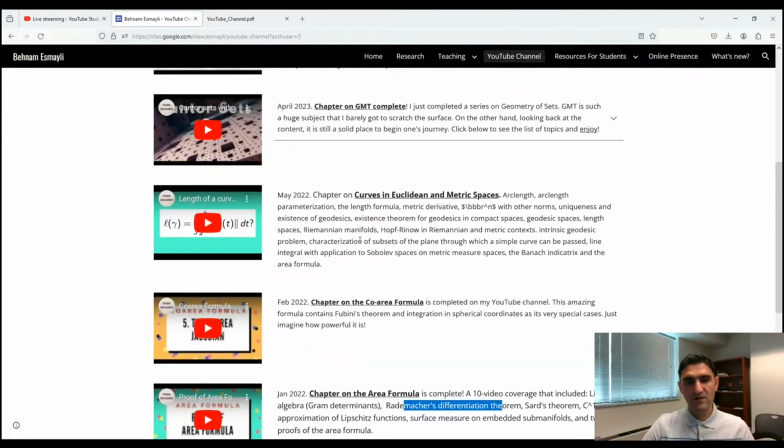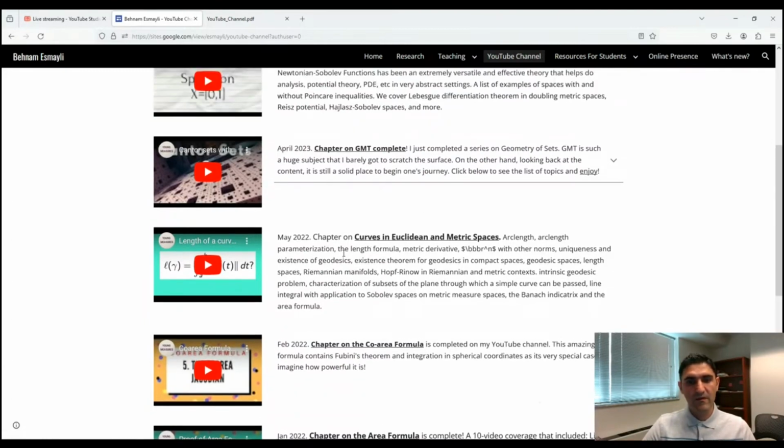And then we followed with the study of curves, rectifiable curves, curves with finite length, arc length parameterization. So the interesting fact is that they do make sense in any metric space. Everything we do with curves in R^n can be done in the very abstract setting of metric spaces, covering many details, including what even arc length parameterization means, why it always exists.